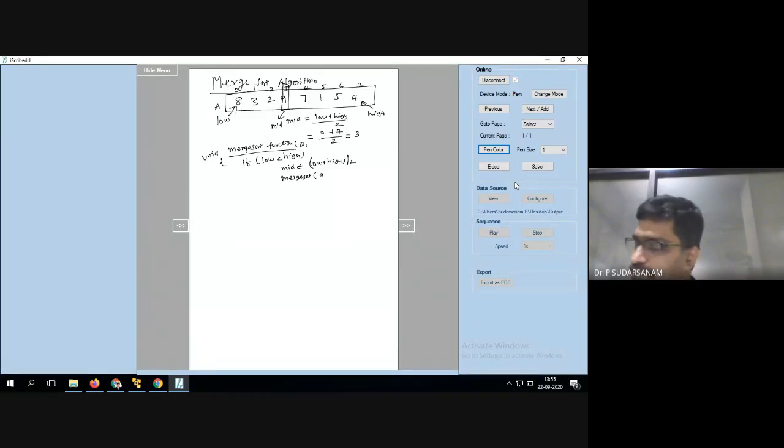This is the integer value int low, here also int a, int high. Once you write this, a comma the starting element is the low element of the array, and you found the mid element, so you write the mid element here.